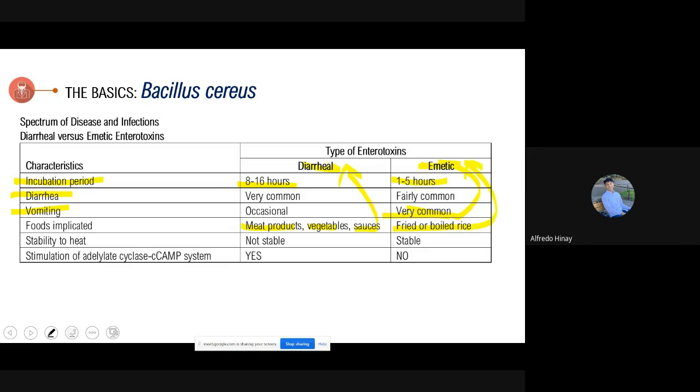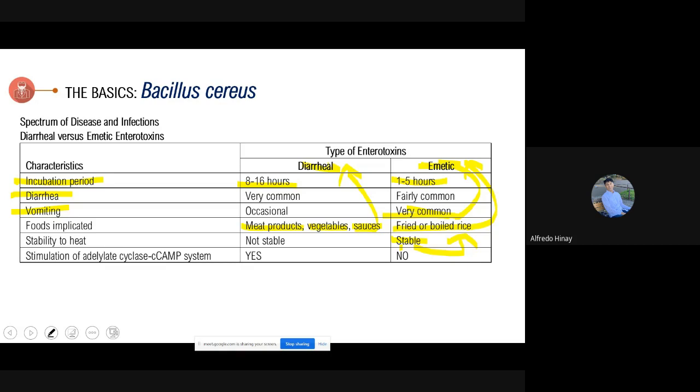For stability to heat, of course, stable si emetic na type. Bakit? Kasi sa fried rice, di ba, kung nag-heat up ka, namamatay yung organism, but that's poor, does not. So that's the reason why it can cause food poisoning. Compare with the diarrheal na part is tawag nito, madali lang din silang mamatay, class. Yung